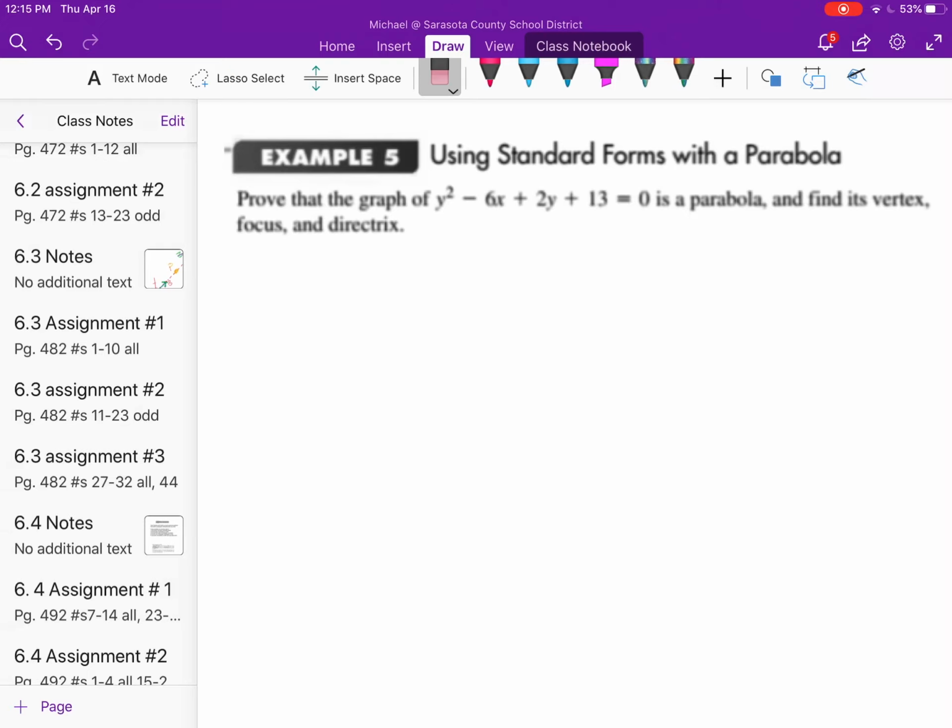So what do I see here? Well, I notice off the bat that we have a y-squared term. So this is important because it identifies for us that this is a parabola that is opening left or right. So that tells me that I want to keep my quantity of y's being squared on the left side, and